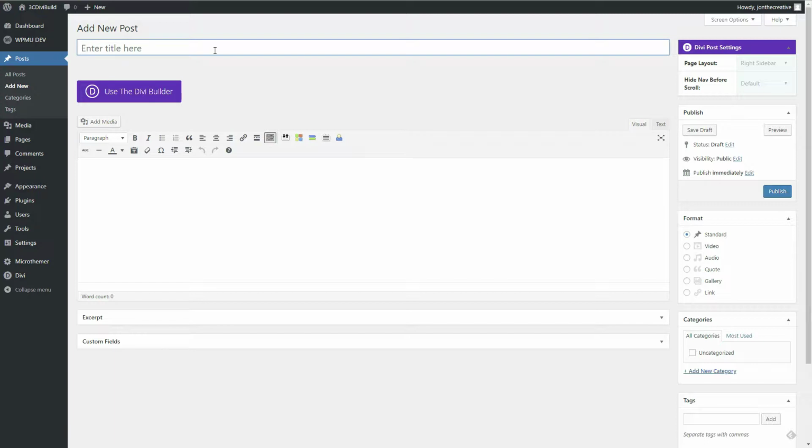Let's call it a test blog post. A test blog post, that'll do. You can, if you wanted to, use a Divi builder to build a more structured blog post to include sections. But maybe I would suggest